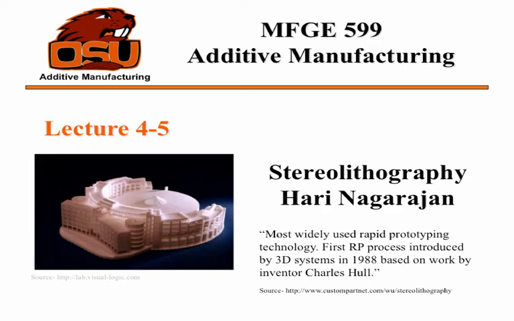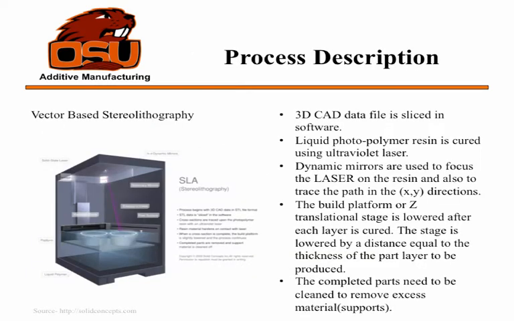I'm going to talk about stereolithography, which I'll just refer to as SLA, so it's much easier to say. As we know, it's the most used rapid prototyping technology right now. One of the first commercial machines was created in 1988 by 3D Systems, when it was owned by Charles Hull. 40 plus machines, I guess.